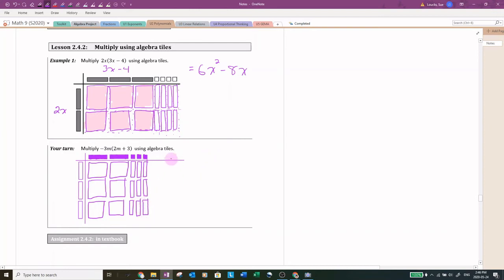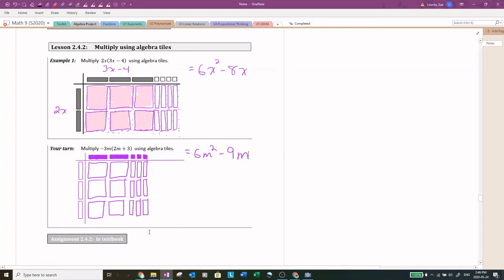All right, so our answer here is 6m squared and 1, 2, 3, 4, 9 minus 9m's. All right. Okay, so there's another assignment for you to do in your textbook, section